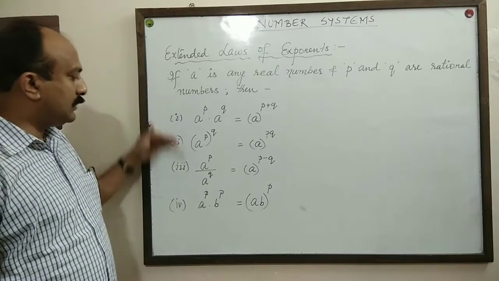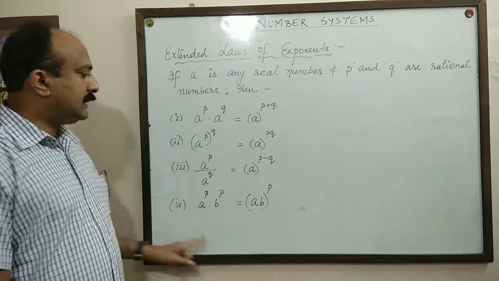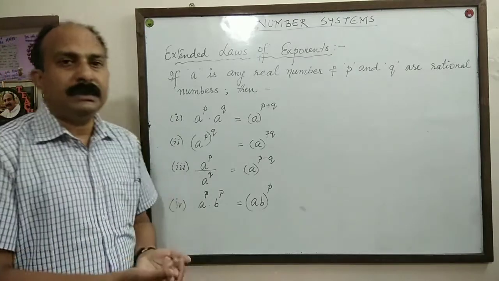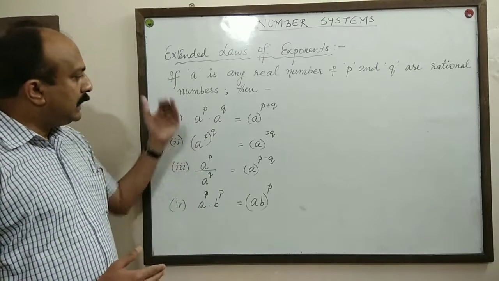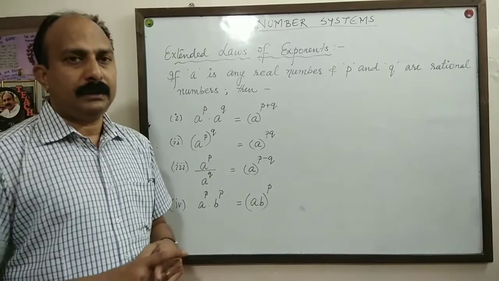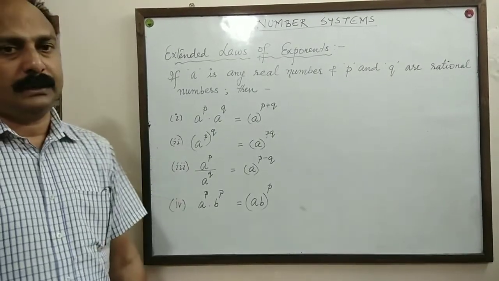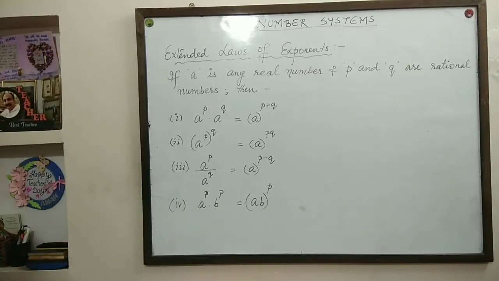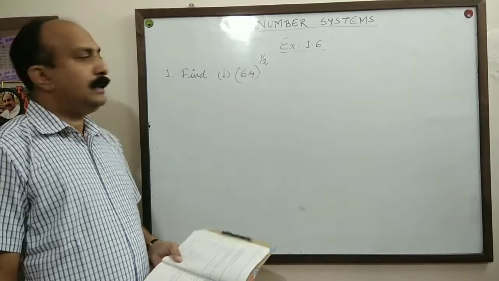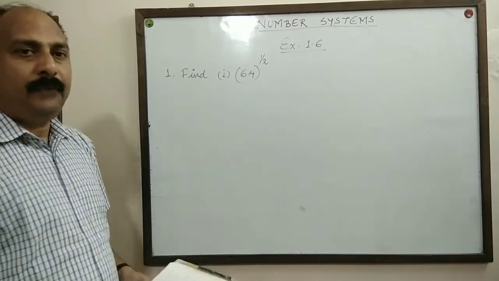So, once again go through these 4 laws of exponents. The only change is that these are the laws of exponents when the powers are rational numbers. Now, I will do exercise 1.6, but before we do exercise 1.6, please see these laws once again. Now see exercise 1.6, the first question is, find the value of